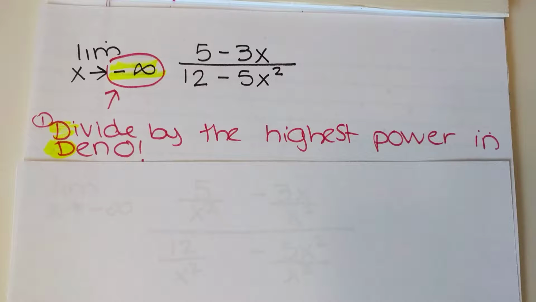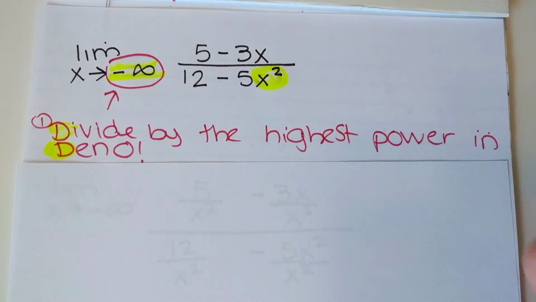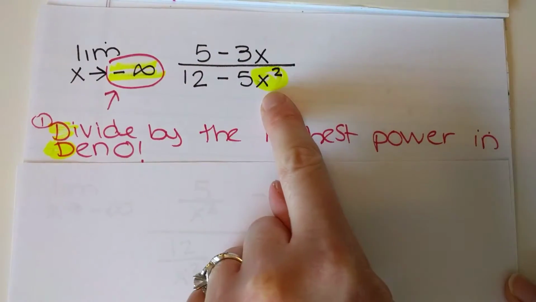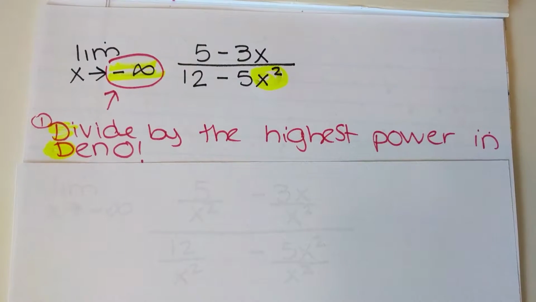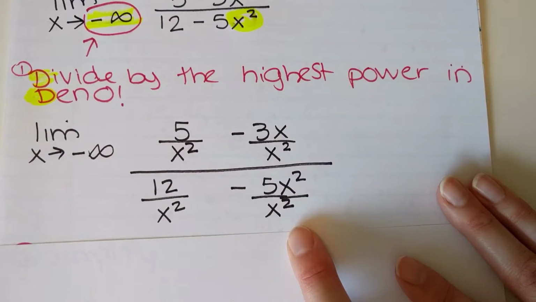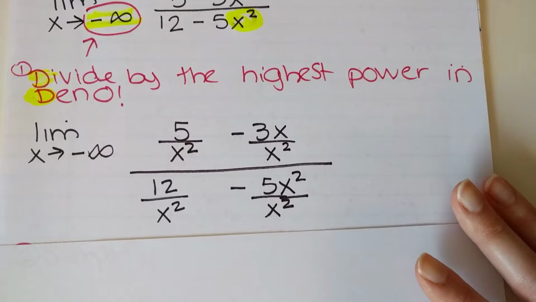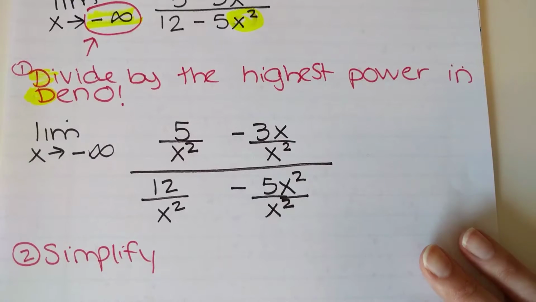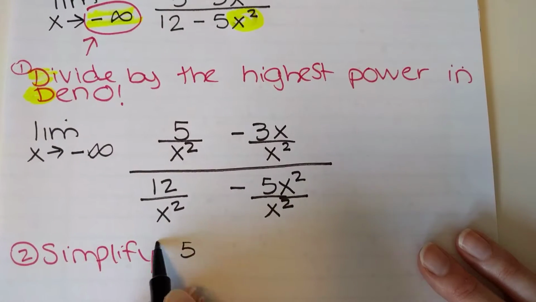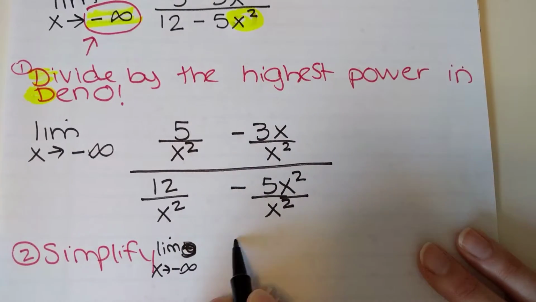So in this particular case, the highest power in the denominator is this x squared. So we will divide every single one of these terms by x squared. I have done that here. I've divided each of the individual 4 terms by x squared, and now I have to simplify. To simplify the 5 over x squared, there's nothing to simplify there. So we'll keep that, and again, we always have our limit as x goes to negative infinity of 5 over